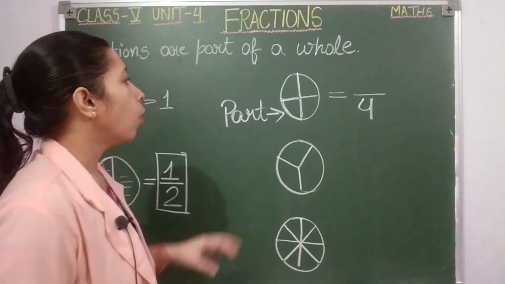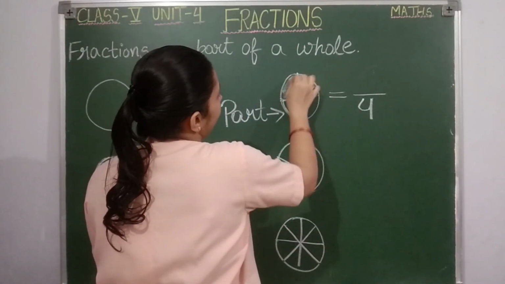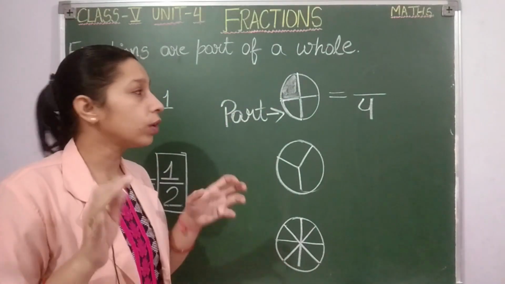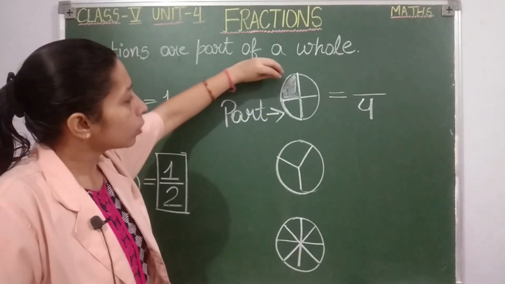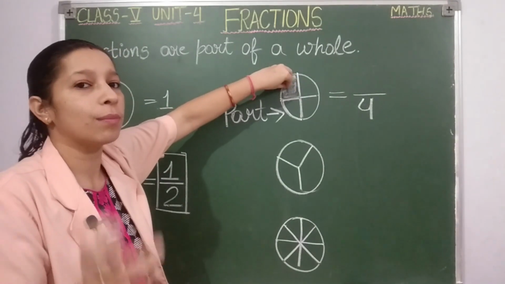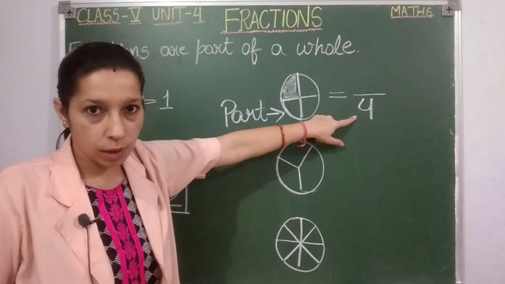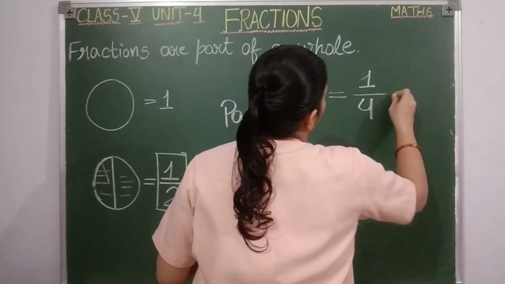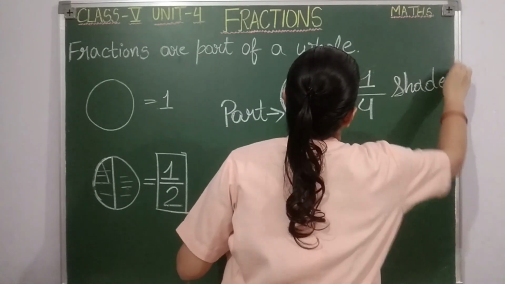Okay, 4. Now I am shading this part. Among these 4 parts, one part I have shaded, and I am asking you, give me the fraction for the shaded part. So that means you have to give the number for this portion only, students. Now you are clear how you are going to give the number. How many total parts are there? 4 total parts. How many parts are shaded? Only one, na? So I can write it as 1 upon 4. This region is shaded. Clear, students?